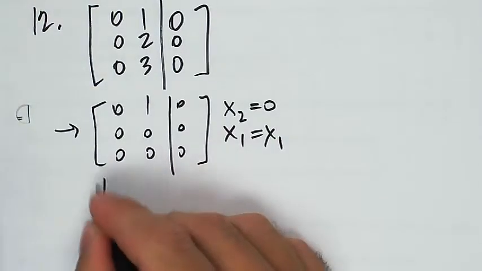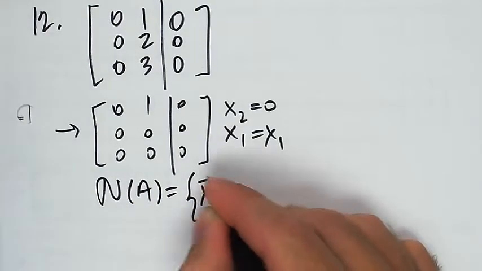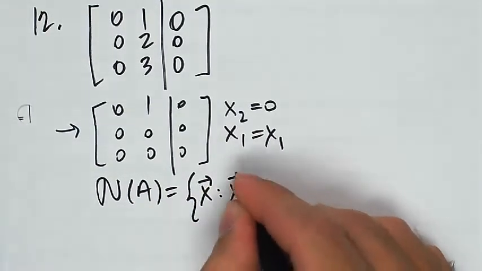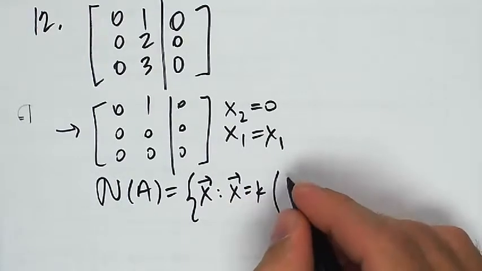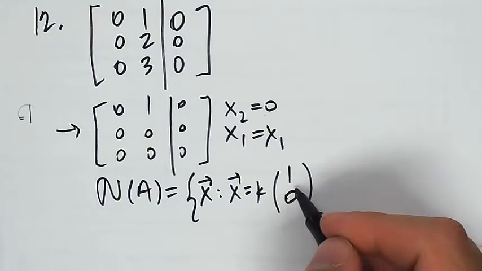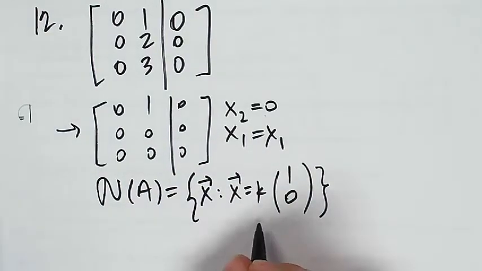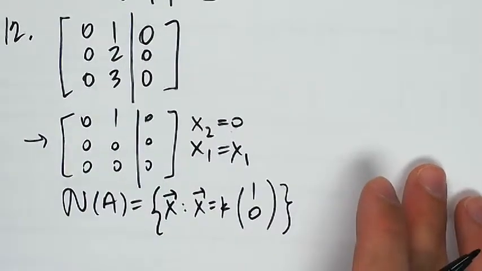So I'm going to say that the null space of matrix A is the set of all vectors x for which x is equal to some number times 1, 0. As long as that second component is 0, then I will get 0 back when I multiply A by x. All right, and then for the range,